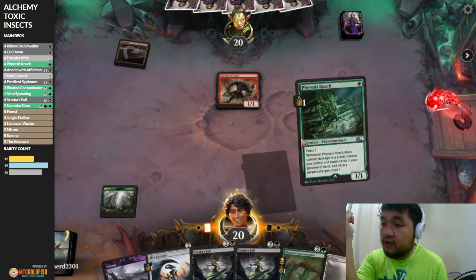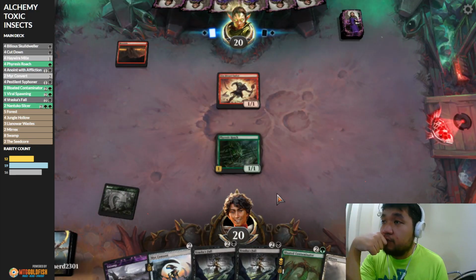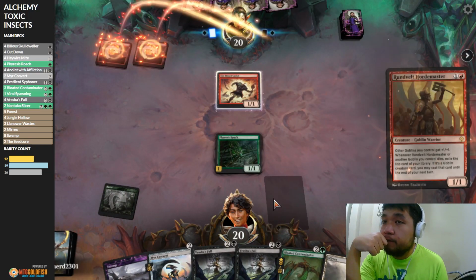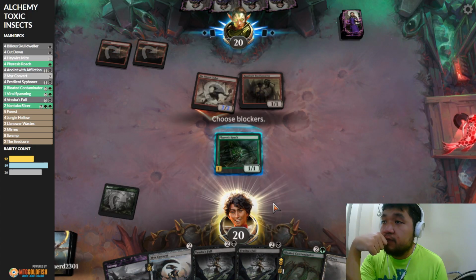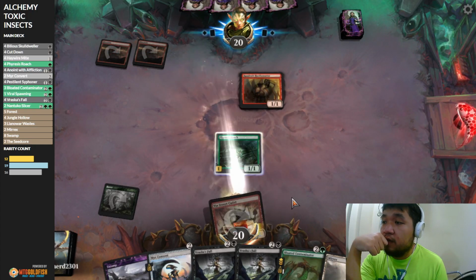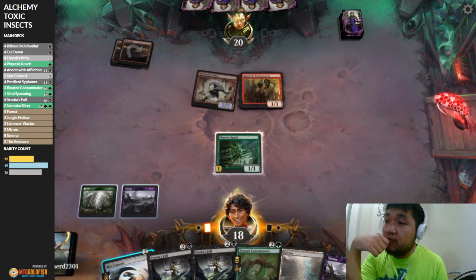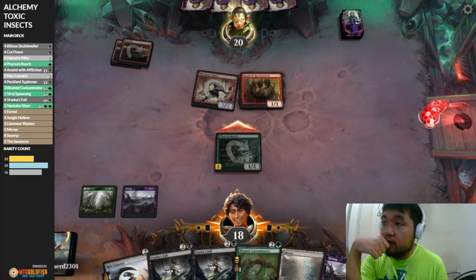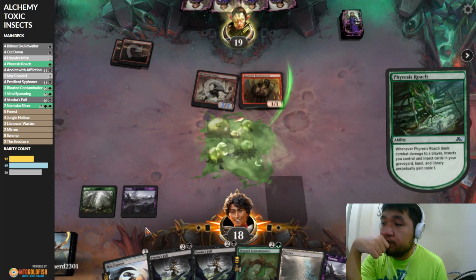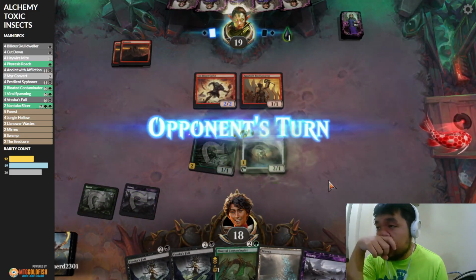Okay, Mirrex is fine. Now we're gonna see, maybe our opponent has some sort of burn. No. Opponent's gonna hit us. We're gonna take. Now we're gonna see if now this might be a problem for us. So we're gonna play the Mere Convert, mostly to just